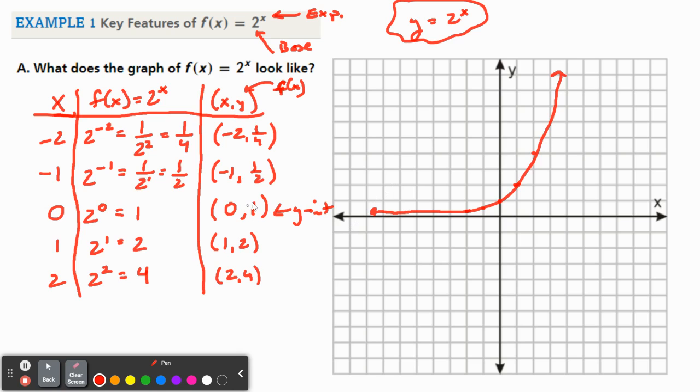Okay? The one thing to point out in this problem here is as x is going to the left, and to the left would be called negative infinity, right? As x goes to the left, your function, your y values, are getting closer and closer to the x-axis, where the y value is 0, right? And 0 is the x-axis. So that's your left-hand behavior. Okay? Over here on the right side, as x is going to positive infinity, which is to the right,